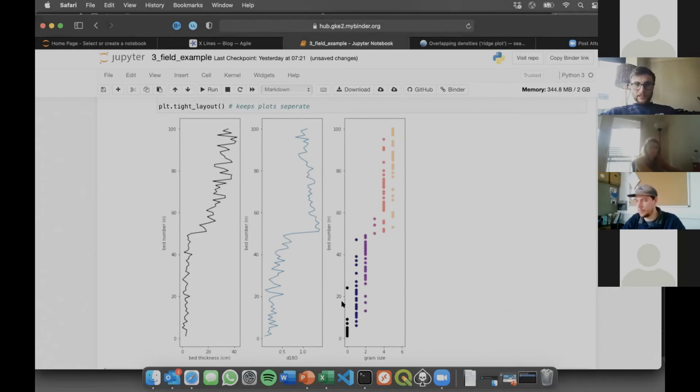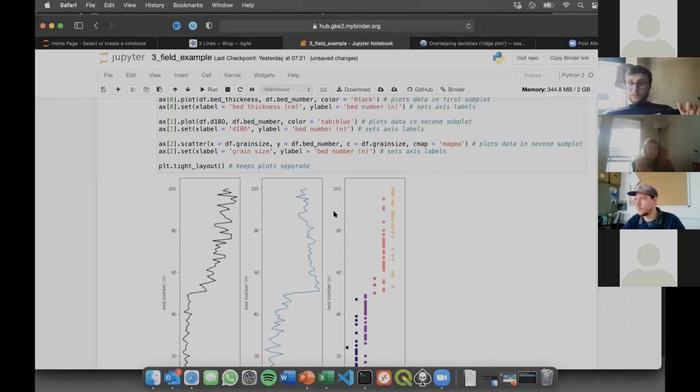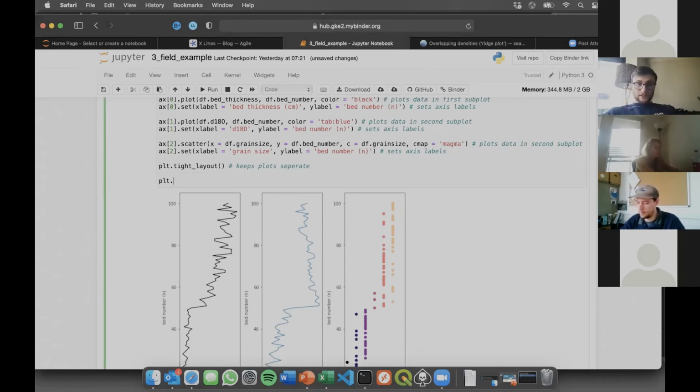Right, so we now get this nice visualization of how the grain size is changing in relationship to bed thickness and our oxygen isotope data. So we're happy with that. Maybe we want to save it for publication. plt.savefig, and then give it a title. Figure 1, my paper